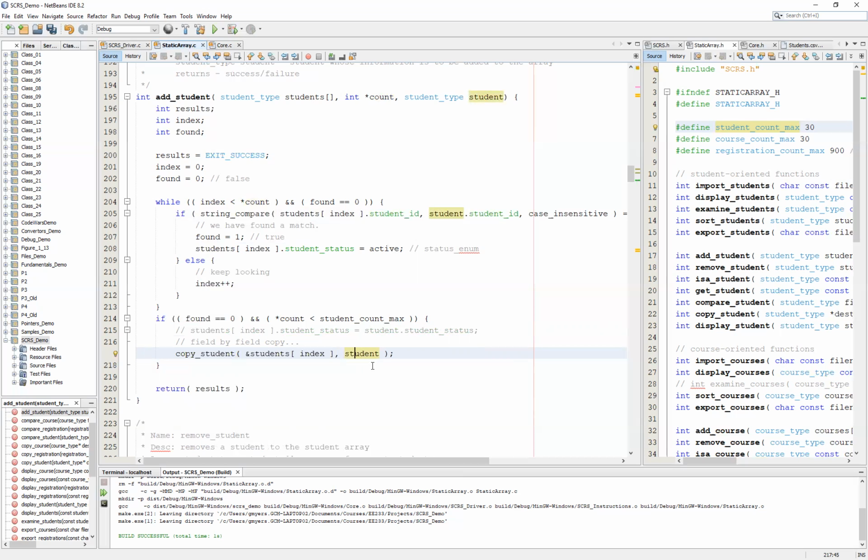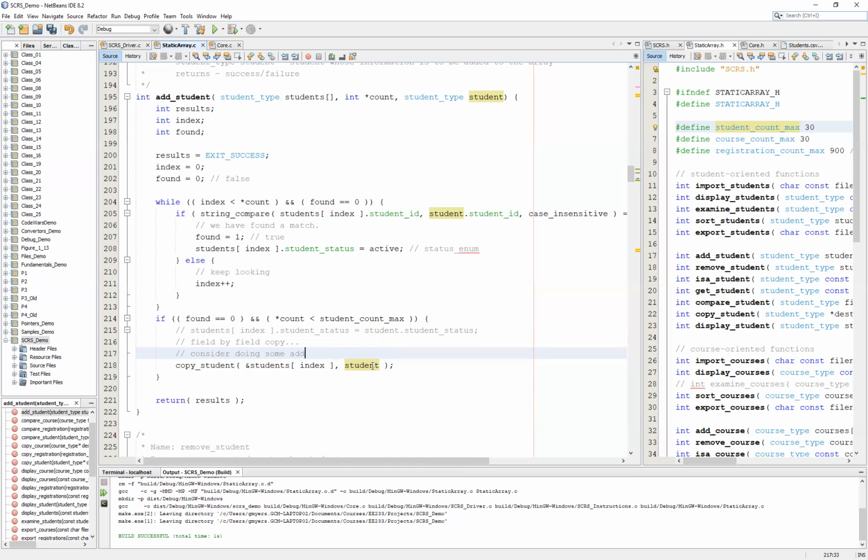And the middle initial is fine, but we would probably agree that there are certain fields that we do want to validate. So inside of your add student, especially after you have determined that you don't have a matching student ID, you should consider doing